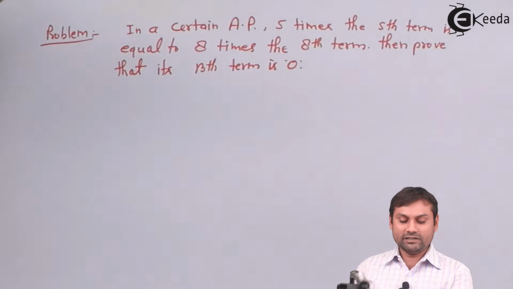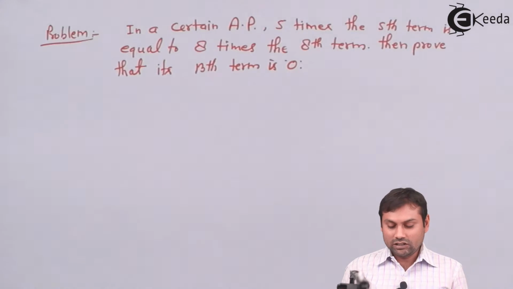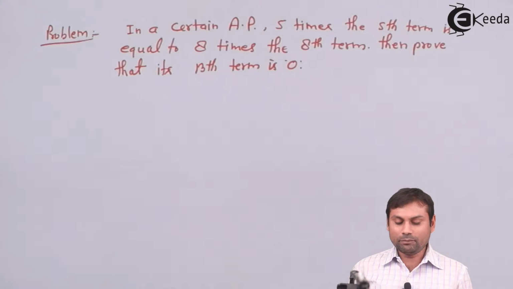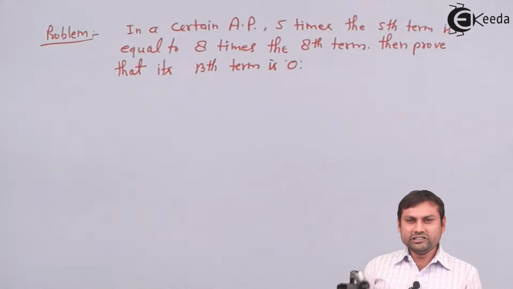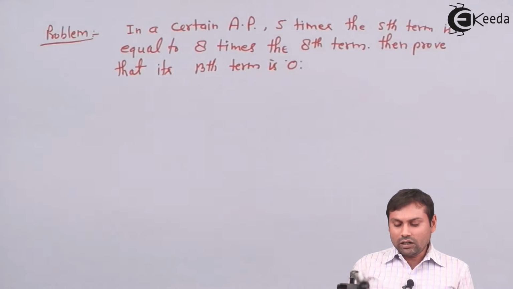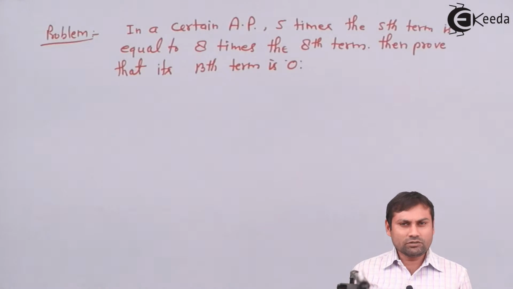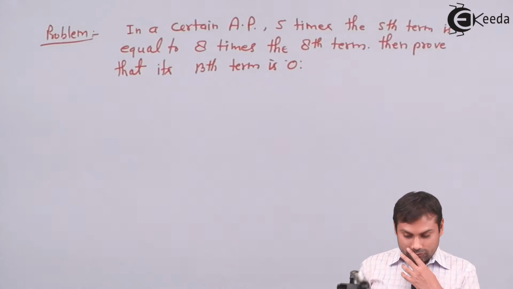So the problem is: given a certain AP, 5 times the fifth term is equal to 8 times the eighth term. Then you have to prove that its 13th term is 0. Means they have given some condition and you need to prove some term, that is, the 13th term would be 0. So here